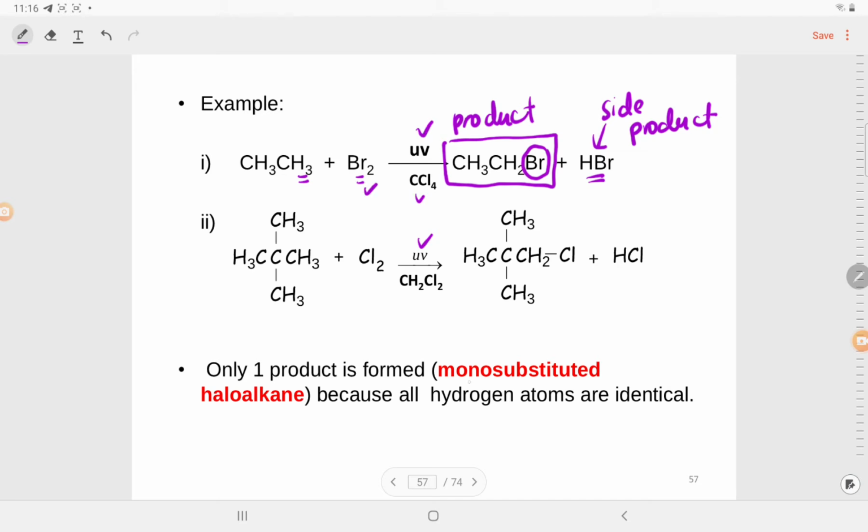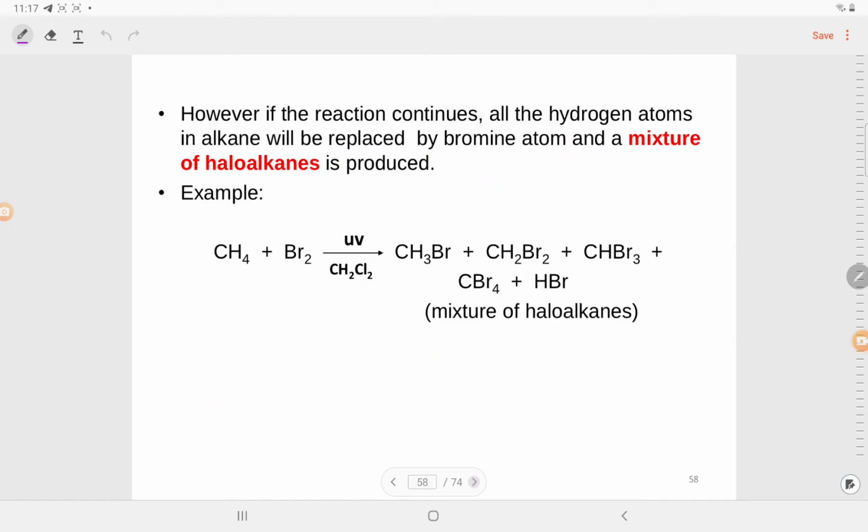So, if the question says the process involves a mono-substituted haloalkane, it means only one product is formed. Mono means one, so one product only is formed. Why? All the hydrogens are identical. So, for this example,